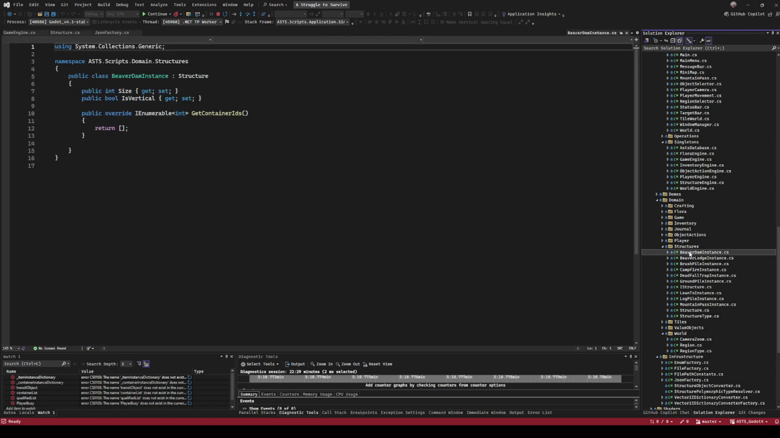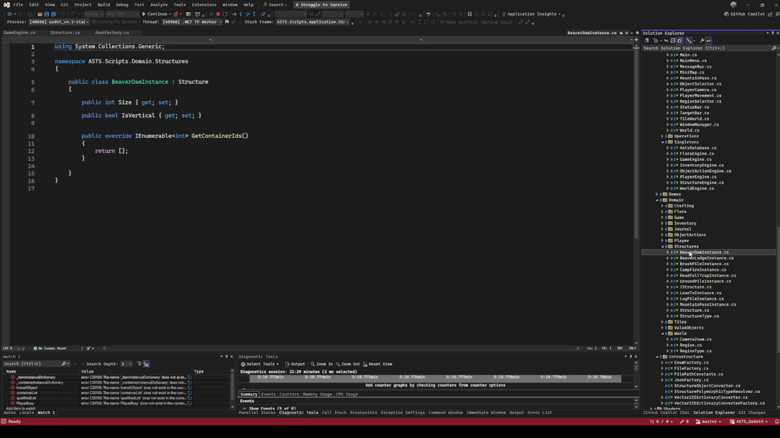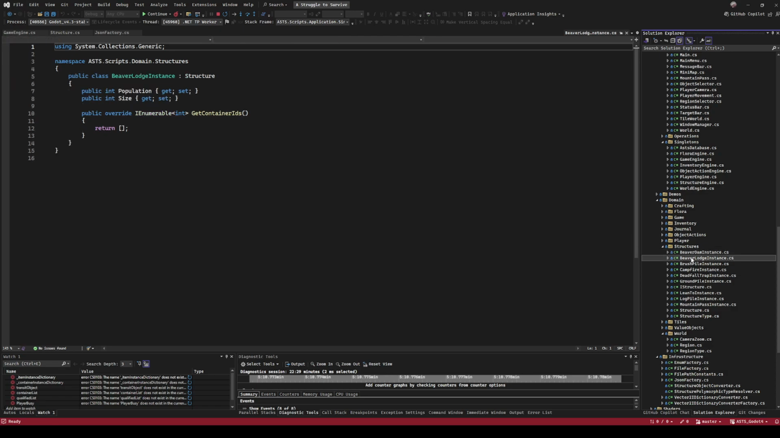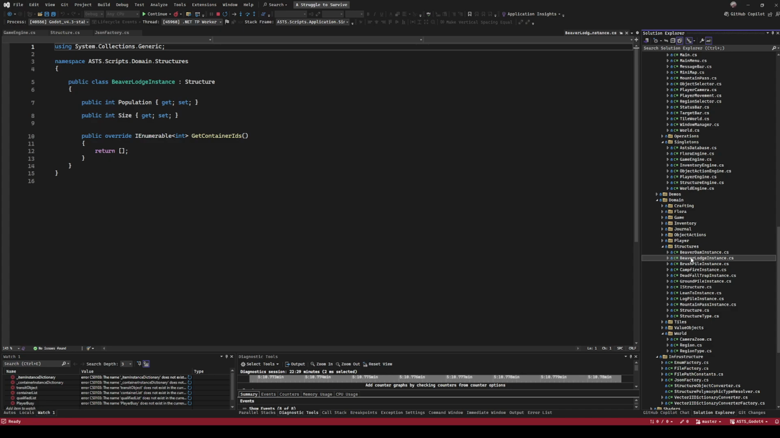And if you look here, my beaver dam instance, for example, has two properties that are unique to it, size and is vertical. Whereas if we take a look at the lodge, we have population and size. Those are the unique properties of my beaver lodge. And if I were to go down to